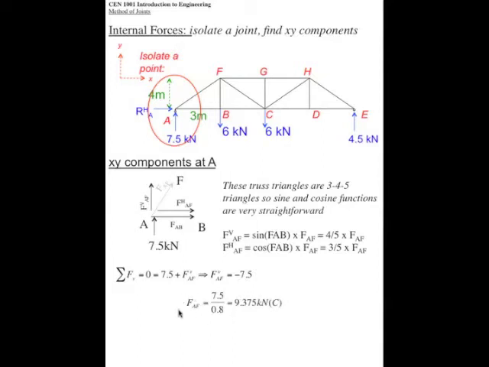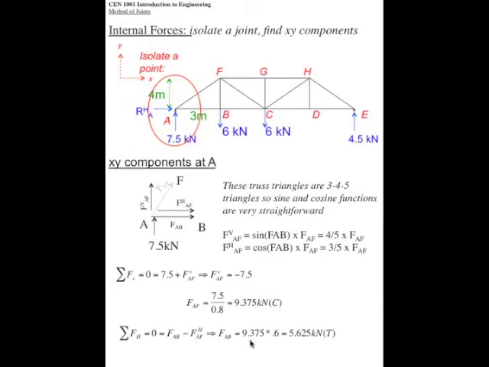So the hypotenuse is equal to the vertical leg divided by the sine of the angle. So it's equal to 9.375 kilonewtons compression. Summation of horizontal forces, we have F sub AB, we have AF, but now we know this is in compression, so this arrow should be going in the other direction. So it's a negative,